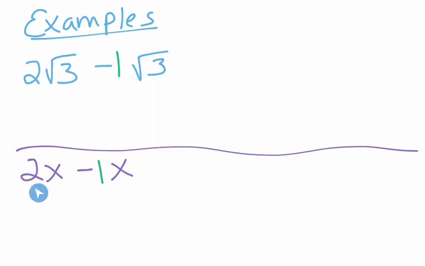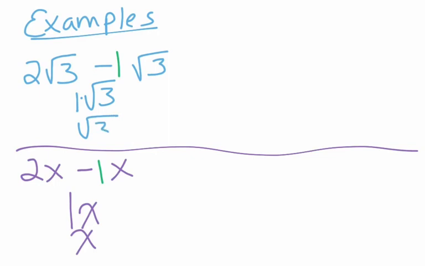So we have 2 kittens minus 1 kitten, which would give us 1 kitten, or just kitten, and we would do the same thing here. 2 root 3 minus 1 root 3 would give us 1 root 3. Remember, that's multiplication there, just simply root 3. So it works the same way. Now, our second example